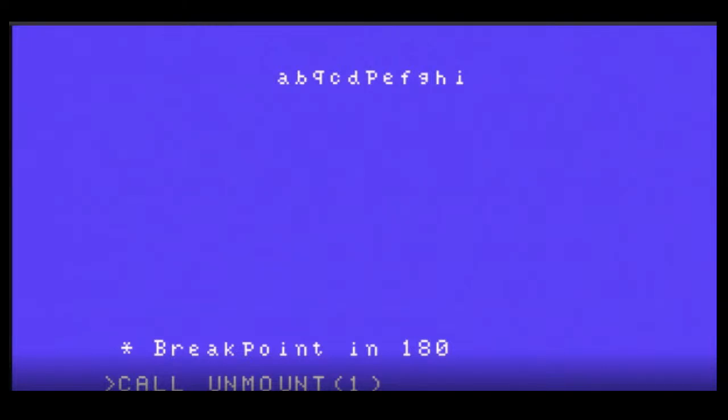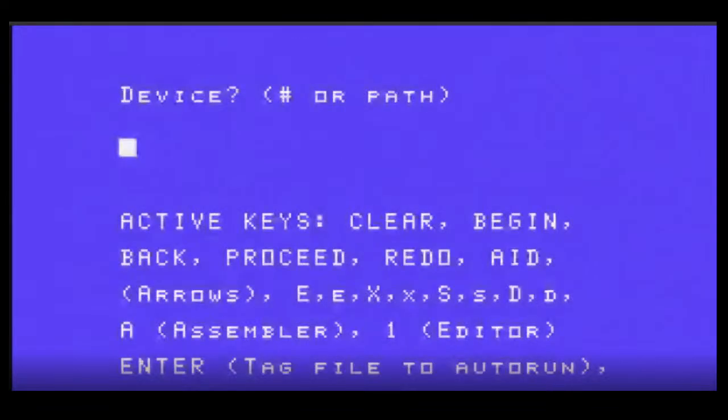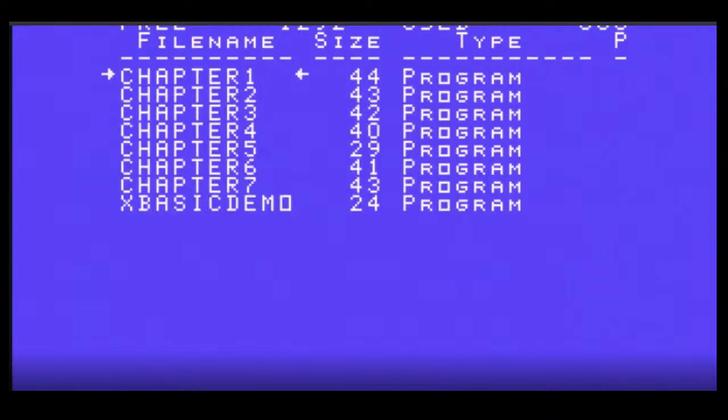Let's try, let's see now. Works fine. Thanks, Rich. Saved me a lot of typing. So here's teaching discs 180, 182, 181, 182. We're teaching basic.